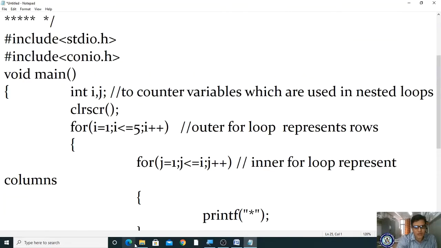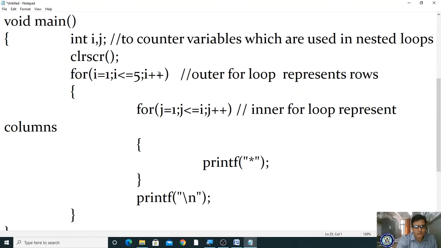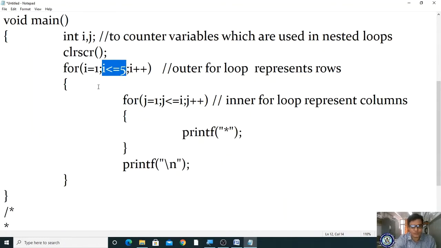After the control goes here, then where will the control come? Here. So now what is the i value? 3. 3 plus plus means it becomes 4, right? Now the new value 4 is initialized here. It will check the condition. 4 less than or equal to 5. Is the condition true? Yes, true. If it is true, then it will enter into the inner for loop.